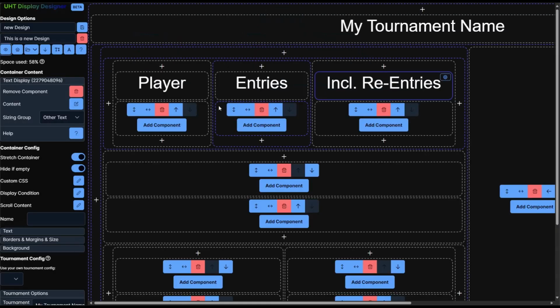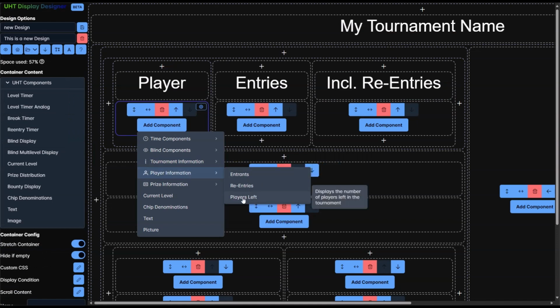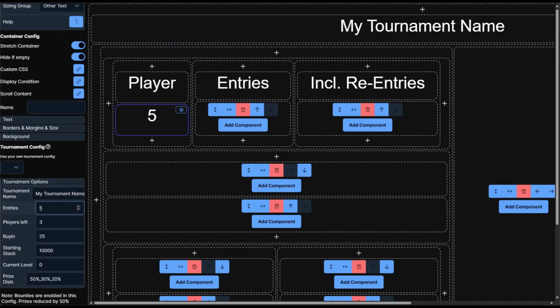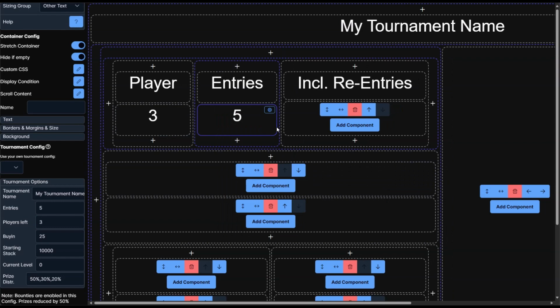So let's just continue. So for the player information, we want, of course, to show the players left. So we can use this shortcut here, and as we can see here, we have 5 entries, and players left should be updated here to 3 right now. Okay. Our entries is player information is how many entrants there were, and of course the re-entries is the information